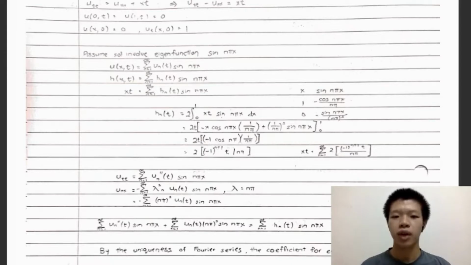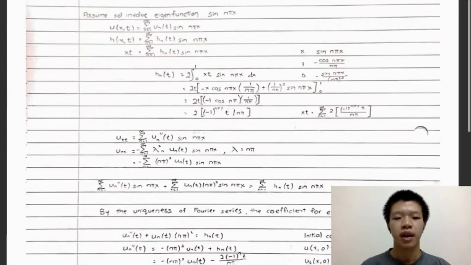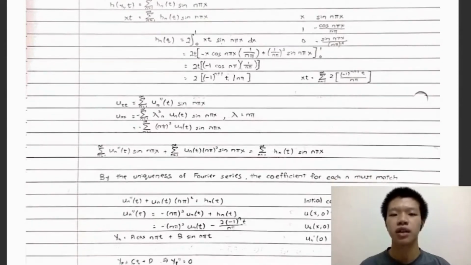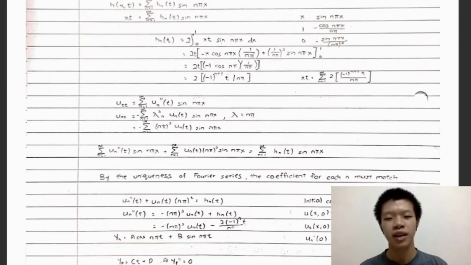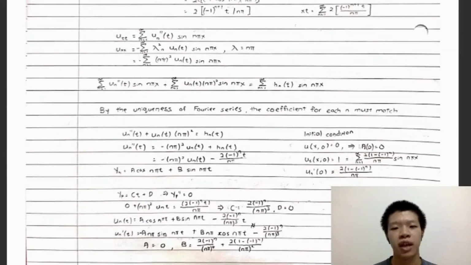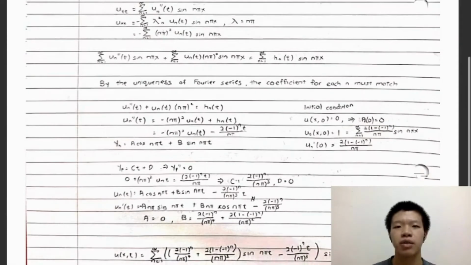And note that our L is 1 here. We also find u_tt and u_xx and substitute them into our non-homogeneous wave equation. Our lambda here is n pi. And by the uniqueness of Fourier series, the coefficients of n must be matched, so we can just use u_n double prime of t plus u_n of t times n pi squared equals h_n of t, and we found it by using the